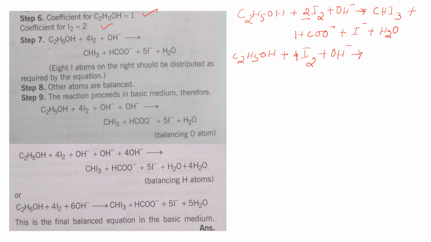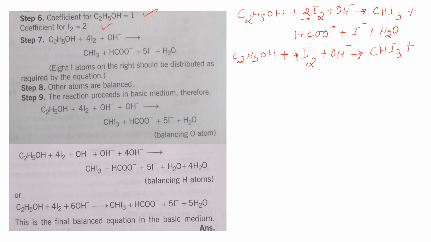Now this is carbon and iodine, both are here. If I multiply with the coefficient of carbon, it should be multiplied by 1. And if I have to multiply with the coefficient of iodine, it has to be multiplied by 2. But if I multiply with the coefficient of iodine, then the balancing of carbon will get disturbed. So I will not do anything here. I will write it as it is, CHI3